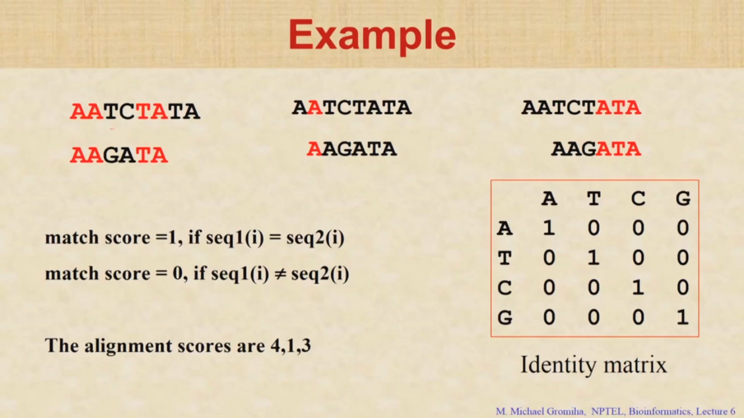Here I show the example. The same sequence I give: AAT, CTA, TA; this is the second one: AA, GA, TA, right. If I want to align these two sequences without introducing any gaps, how many ways can we align? 3 ways, because I do not want to introduce any gaps. So, first sequence I put here,